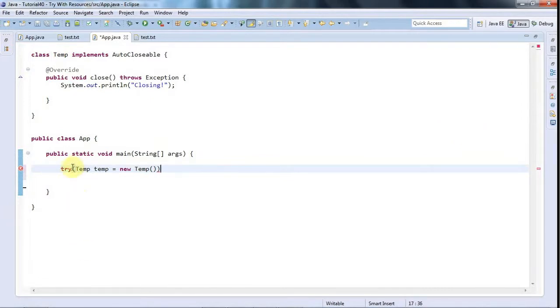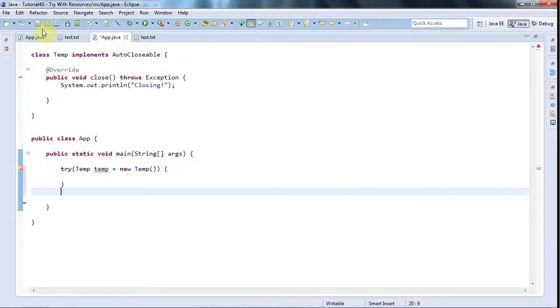So after the keyword try I've got round brackets, and within the round brackets I'm declaring and assigning some variable. I'm creating an object using new and assigning it to a variable that implements AutoCloseable, and that's the important bit. It's got to implement AutoCloseable. And I open a curly bracket at the try here,